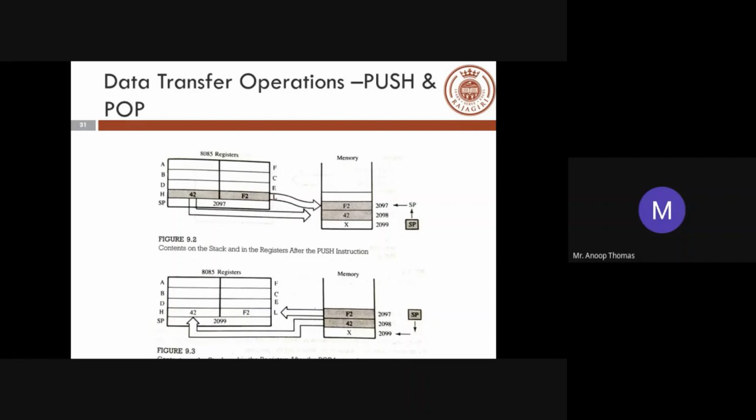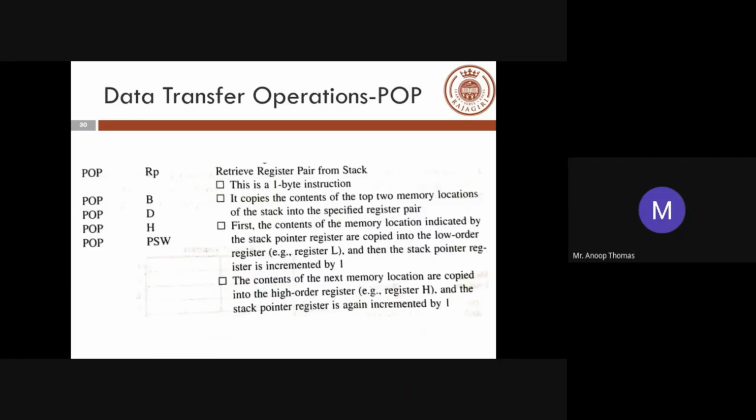So this is basically a pop instruction. This is your memory. This is your stack pointer, which is 2097. And inside your 2097 stack pointer, you have 2 values, F2 and 42. So once you do your pop operation, this is a push and pop. Push is pushing the value into